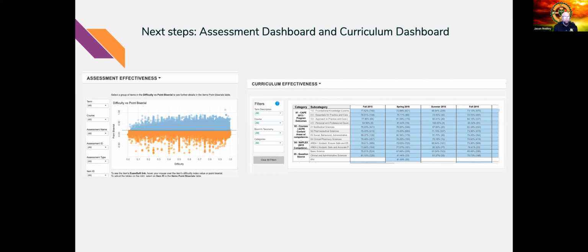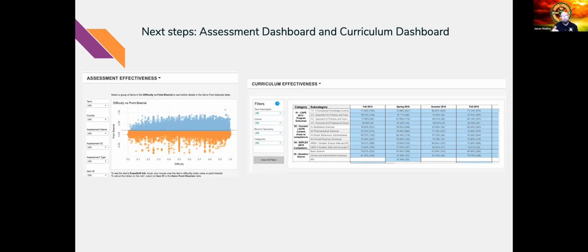We're going to have a separate training with our assessment committee, and they will go through each individual assessment, looking at biserial numbers and looking at questions that might not, as you can see, the questions that are in orange, we need to address those. We need to make sure there's not a problem. Maybe there's a distractor issue, but we're going to go through and look at that. We're going to do it from a committee level and have the committee then assign the action plan back to the individual professor so that the onus of this is on the committee.